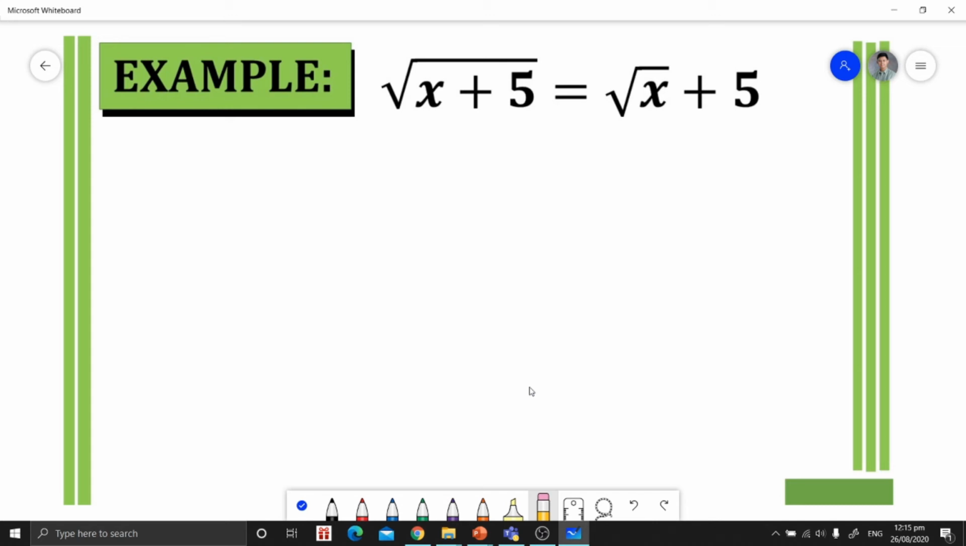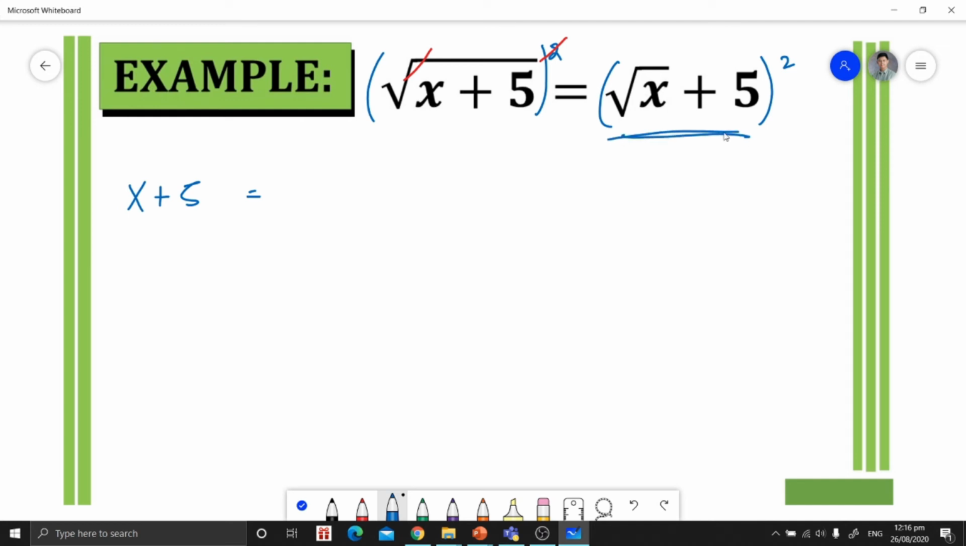Since our radical symbol is the square root symbol, we're going to use the squaring property to eliminate or to remove the radical symbol. So let's square both sides. Okay, now for squaring this, let's square the left side. So we're just simply going to cancel the radical symbol and the square symbol. So we will have x plus 5 is equal to,